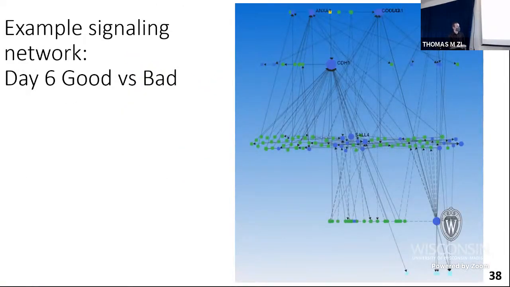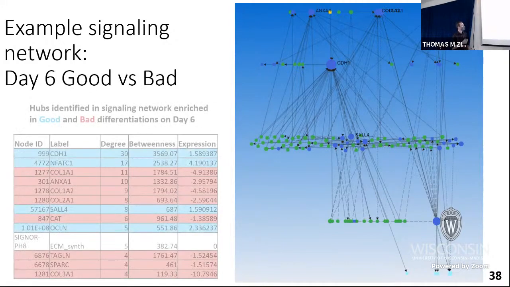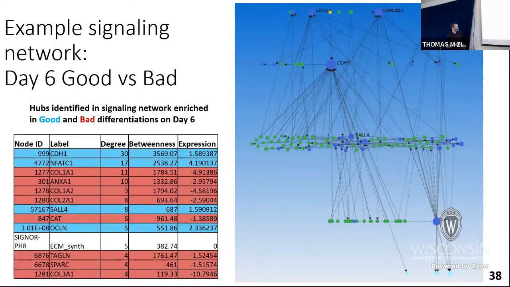So here's an example, and I don't expect you to be able to read this all, but here's an example of what one of these networks looks like for our data set, where you can see there's particular proteins that have a high degree or a high amount of connectedness between other nodes, suggesting these could be very important in the process. I'm not going to go into these in too much detail, but essentially we can do this analysis, and we can start to identify these particular proteins that might be very important in this overall signaling cascade. Does that make sense?